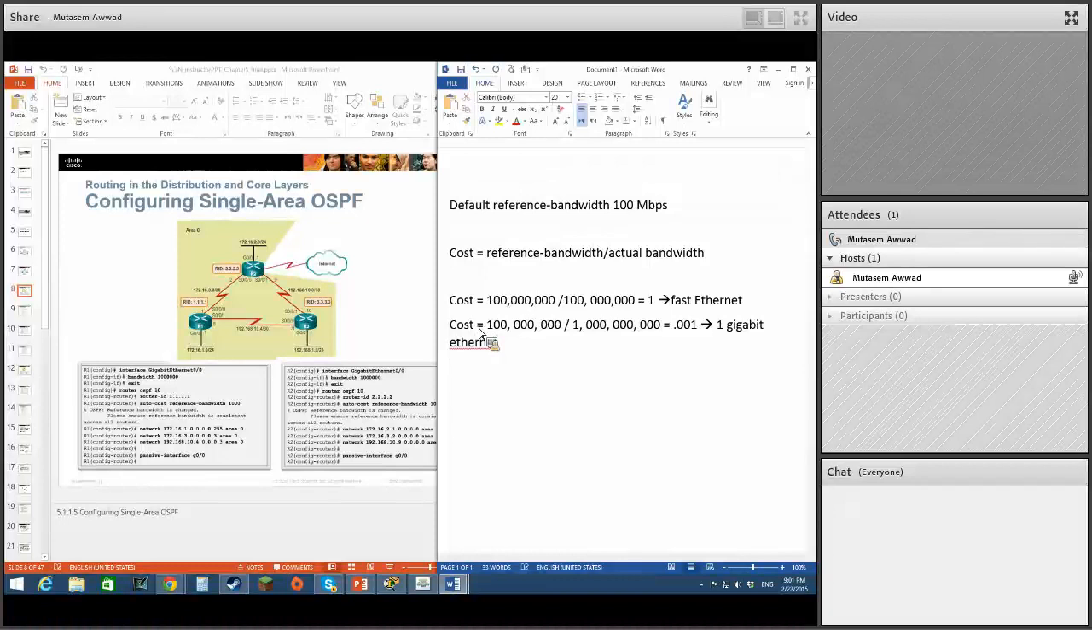And that's not good. All right. So it's going to assume it's like a gigabit Ethernet, the cost on this link or on this link, even though it's gigabit Ethernet. But if we change the reference bandwidth, if we say auto cost,